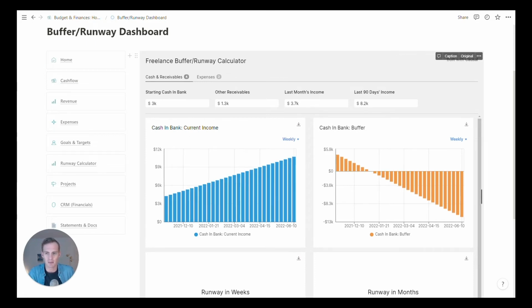We can just give our starting cash in bank. We can give any upcoming receivables. Maybe that's an invoice that's just about to be paid. You can also add that to your starting cash in bank if you're totally confident that it's going to arrive. We give our last month's income. We also give a last 90 days income, and that just gives us a bit more of a reasonable average